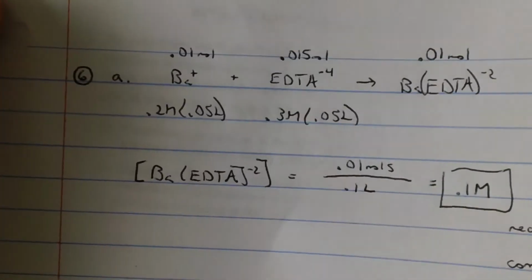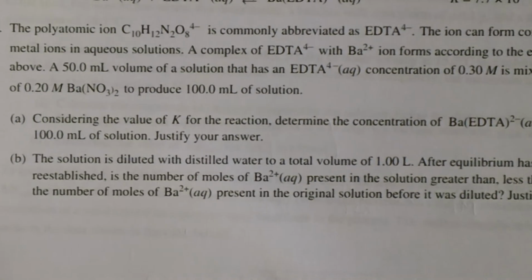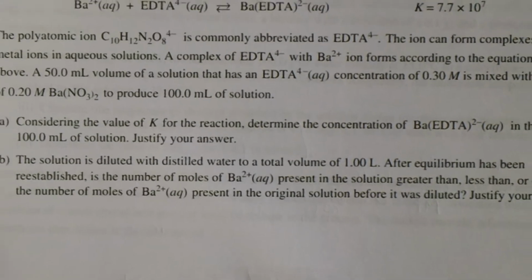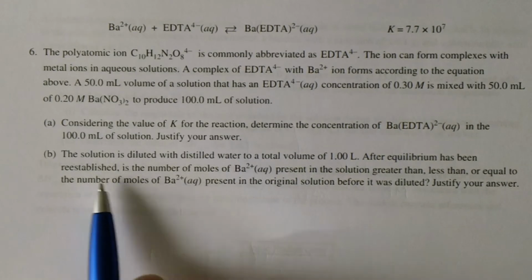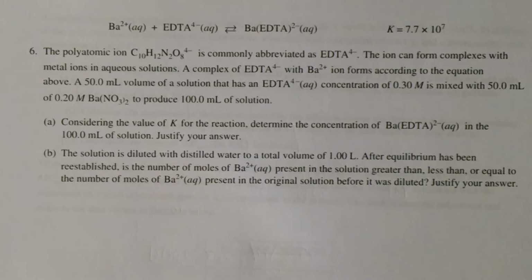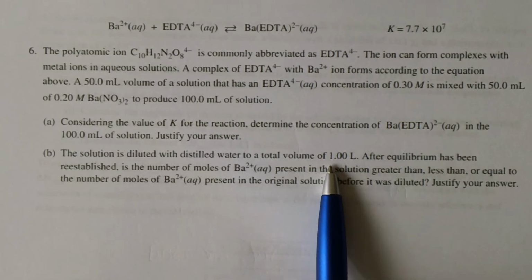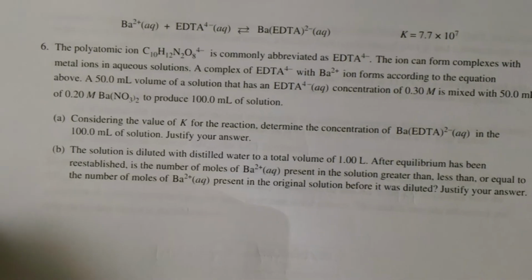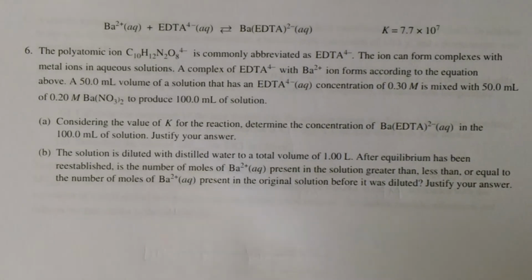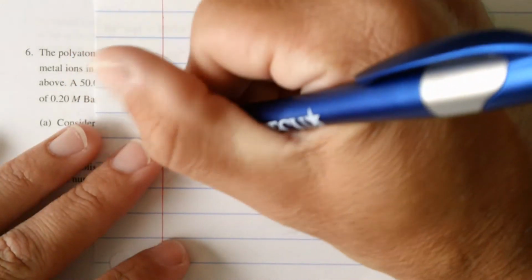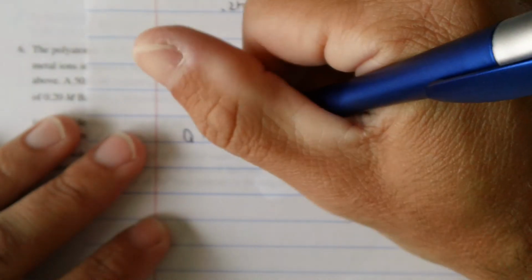Part B, they say the solution is diluted with distilled water to a total volume of 1 liter. After equilibrium has been reestablished, so we're no longer at equilibrium, is the number of moles of barium greater than, less than, or equal to the number of barium present in the original solution before it was diluted? What we've done here is change the concentrations of the reactants and the products that are still present. So we've got to look at the Q value here, and we're going to do a little shorthand Q value. Our Q value, products over reactants, means